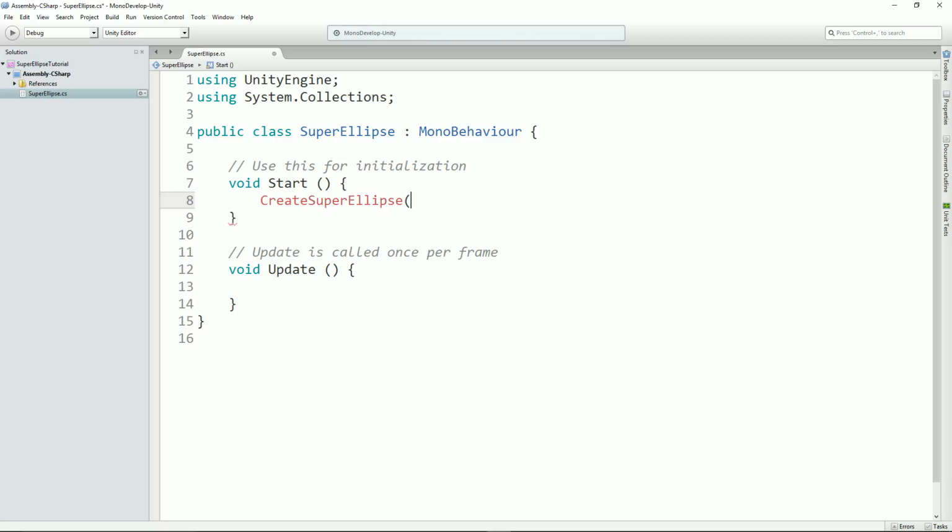So we'll create the super ellipse and give it a radius. Let's just say the radius is 4. No, let's say it's 10. Let's see how that pans out. We'll keep Update there, we just won't do anything. And down here we'll have a void CreateSuperEllipse, float